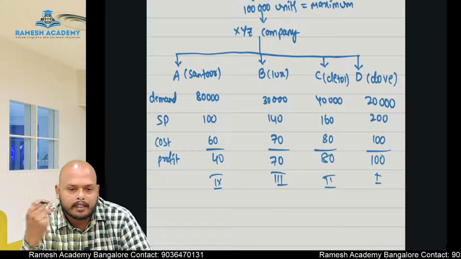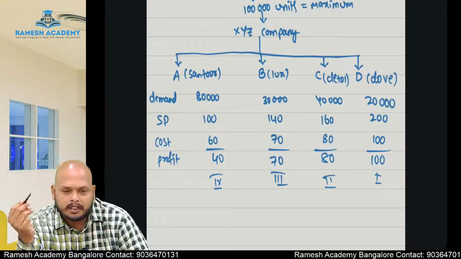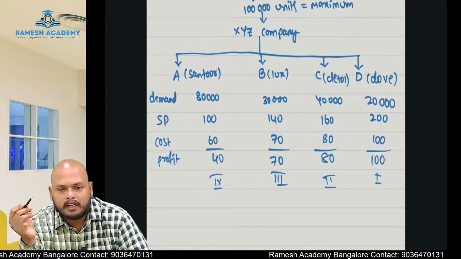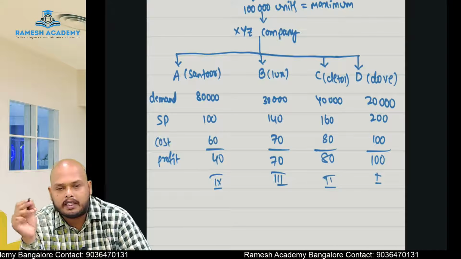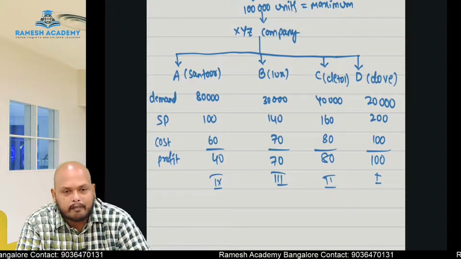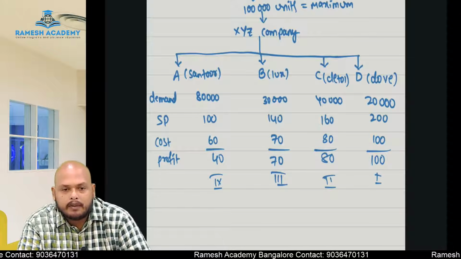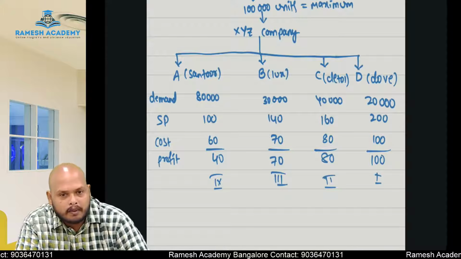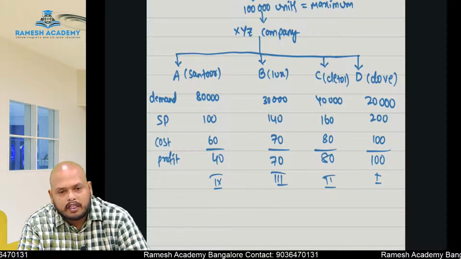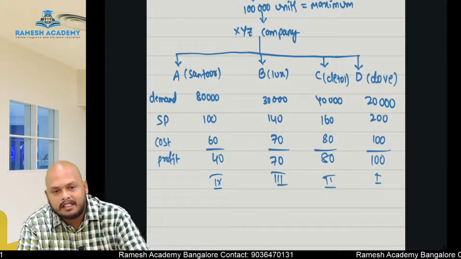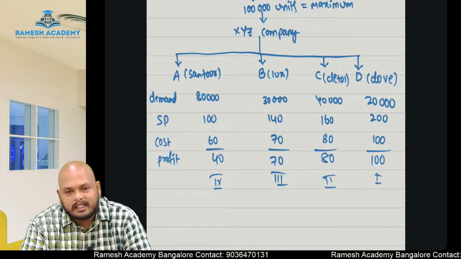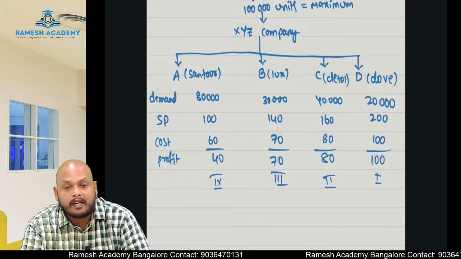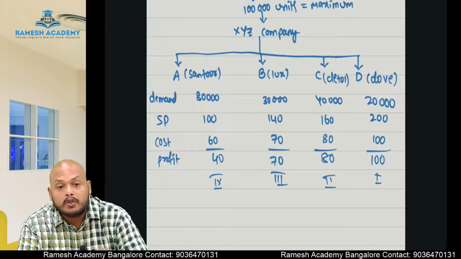Then immediately what will China do? Using some material and some technique, they will immediately release this pen into the market for 200 rupees. See how the situation has changed. It's a challenging situation for a cost accountant: how should we reduce the cost